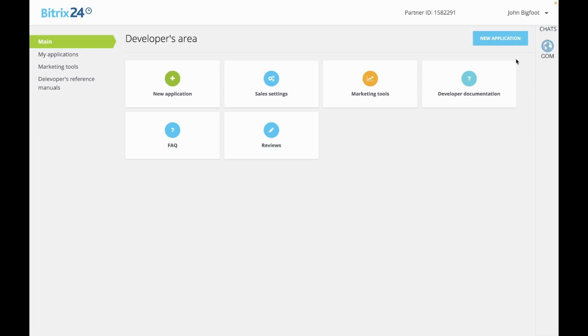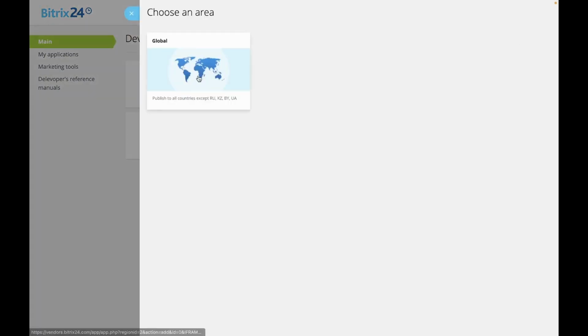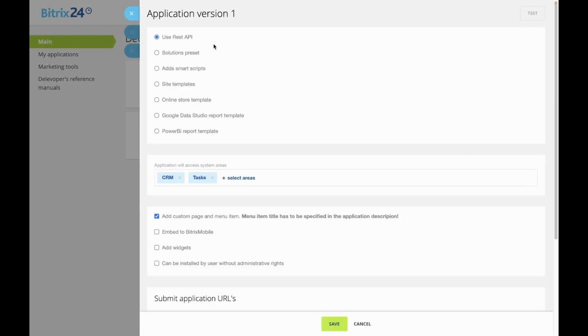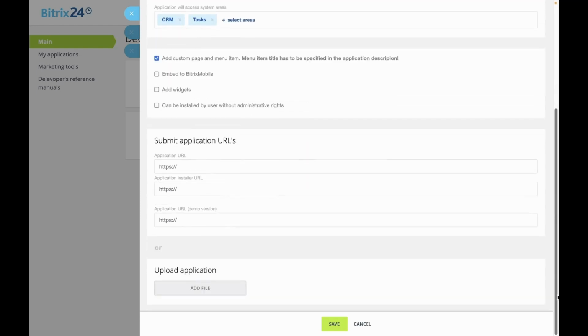To begin, we'll press the New Application button, select the main region for the solution's future publication, and then click the Create button in the application card. Next, we'll specify that the application type is Use REST API, and ensure that the CRM scope is included in that list. We'll then download the example code provided with the tutorial,